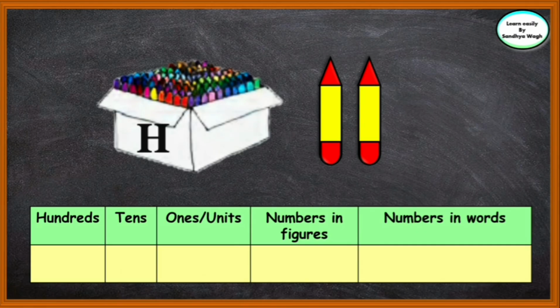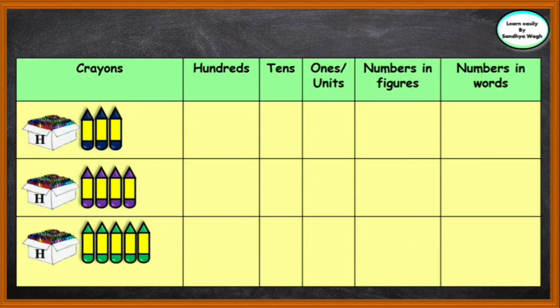Now in this picture we have a box of 100 crayons and 2 more crayons, which means it is 100, 0 tens and 2 ones. In figures it would be 102 and in words it would be 102. Now the next picture has a box of 100 crayons and 3 more crayons, which means 100, 0 tens and 3 ones. In figures it would be 103 and in words